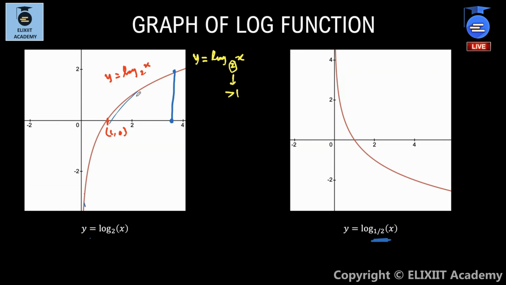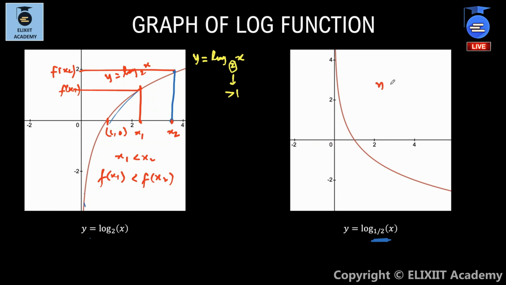You consider any points over here, any values over here. Let's say in the first graph, you consider x1 and x2 somewhere over here. Accordingly, f of x1 will be somewhere over here, and corresponding to x2, f of x2 will be somewhere over here. Obviously, in this case, when x1 is less than x2, f of x1 is also less than f of x2. But for decreasing graphs,